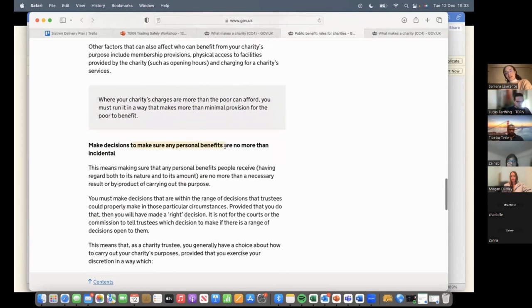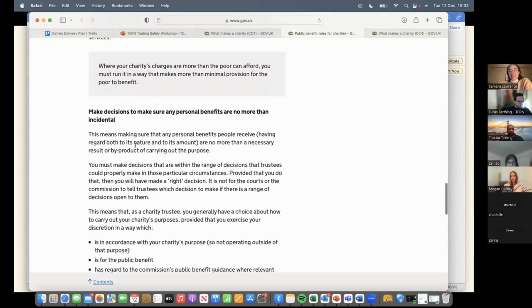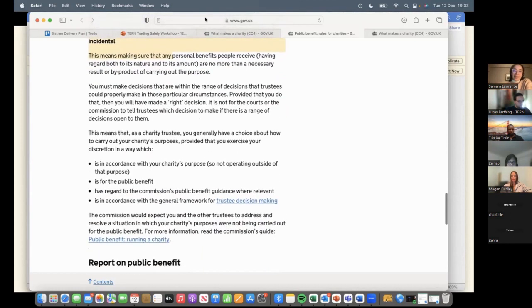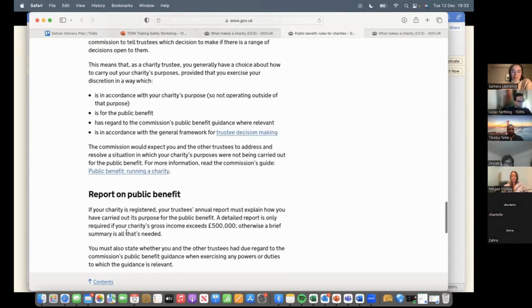The other key thing they're looking for is whether there's any personal benefit you're going to gain in setting up your organization. If I set up a charity and I only have one contract and it's with my company, and I'm going to benefit massively from that contract or from setting up my organization, they will say there isn't enough public benefit in what you're doing. The personal benefit is too great. So that's a key thing to be aware of when you're setting up.